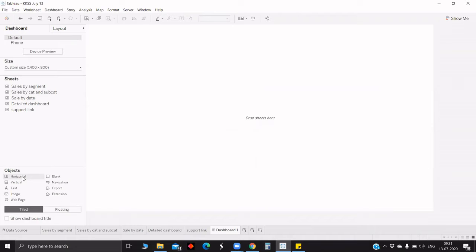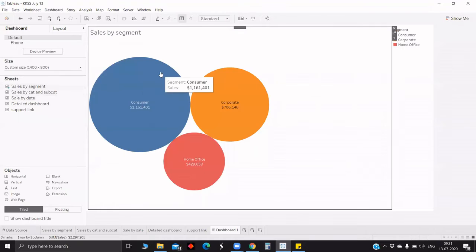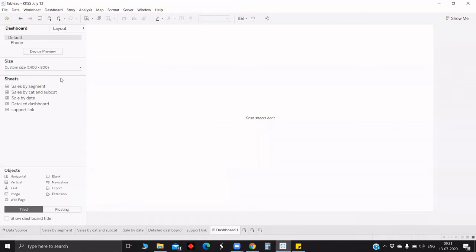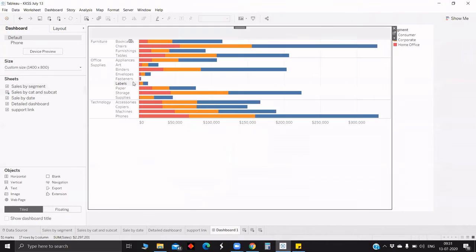So what was the thing you talked about, the replacement? Just help me with that again, please. Yeah, so currently, for example, you have the sales by segment sheet in the dashboard. If you want to replace sales by segment with sales by cat and subcat, there is no need for deleting sales by segment and pulling sales by cat and subcat.